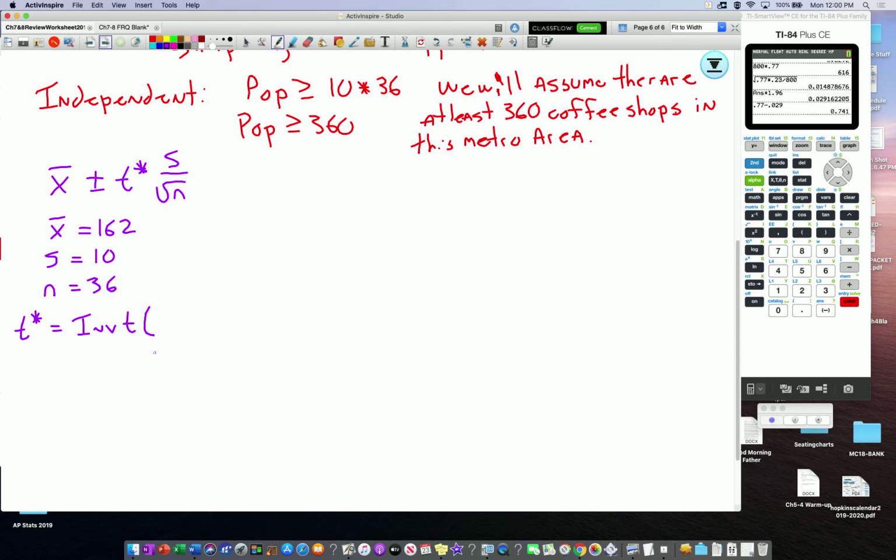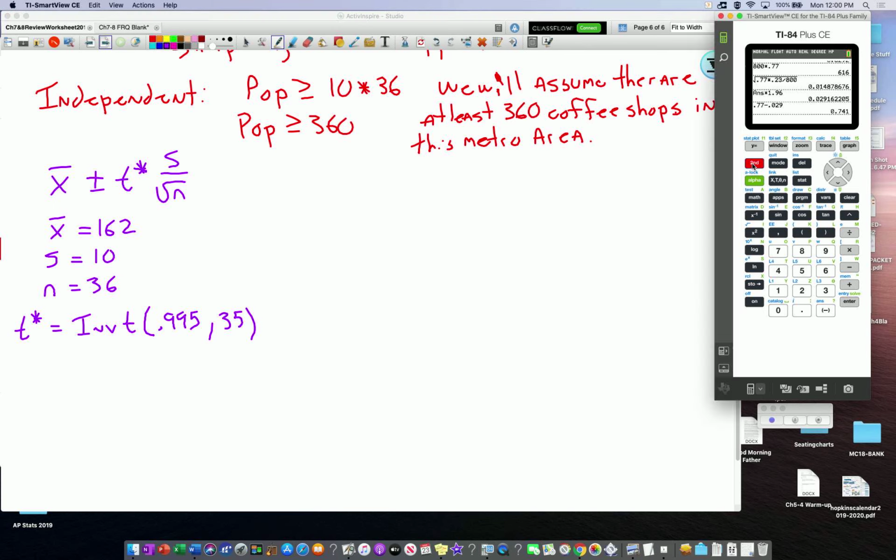It's a 99%, so I have to go 0.995. Remember, I have to include that little tail; it's everything to the left. My degrees of freedom here is 35. So second vars, inverse t, 0.995, 35. Paste that in and hit enter. I get a t star score of